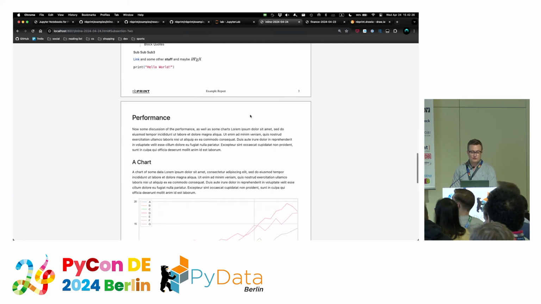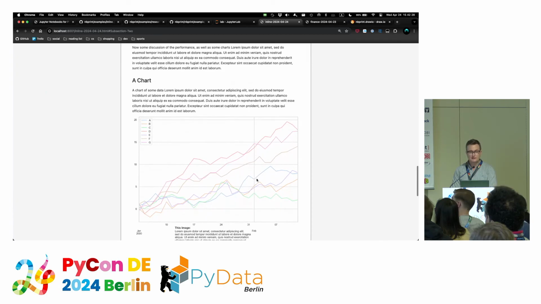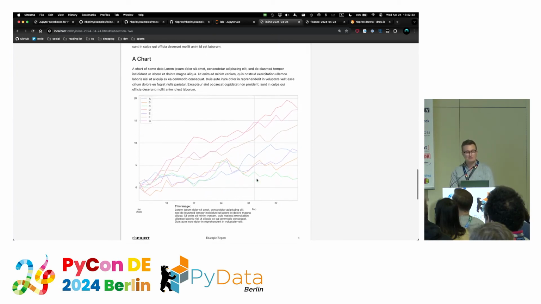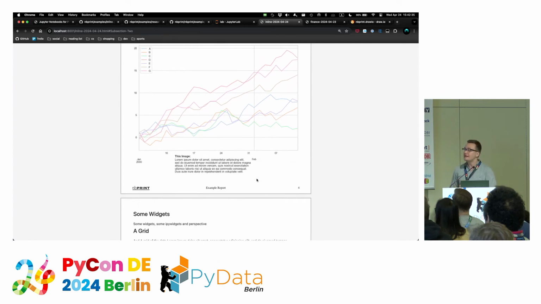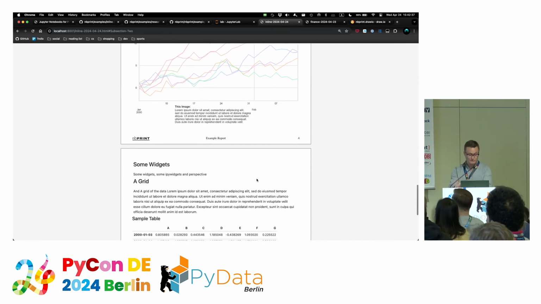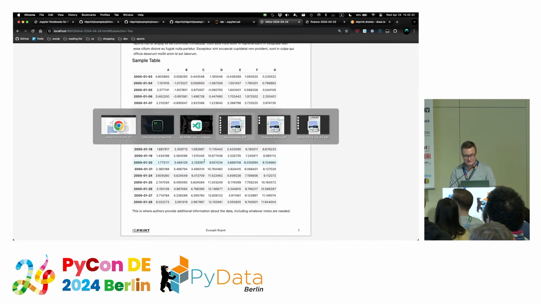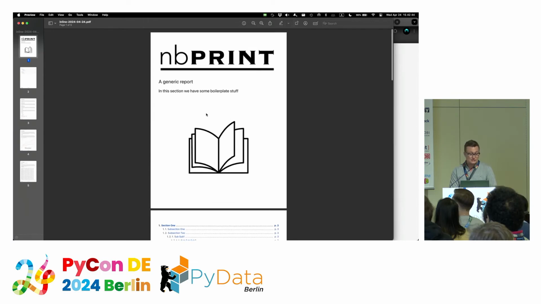All the stuff that works in Jupyter also works here. I didn't do an interactive chart, but things like bokeh and ipywidgets also work here, which is kind of interesting. If you don't really want to go to print in the end, you can still use it for just the rendering step. And again, because I didn't spoil this one, this is just the PDF version of it,